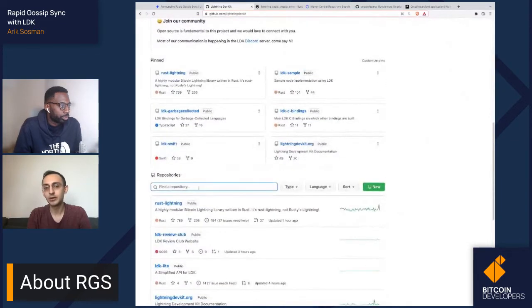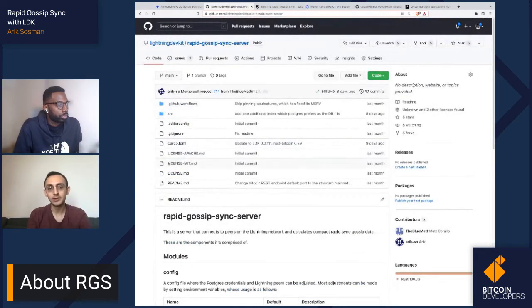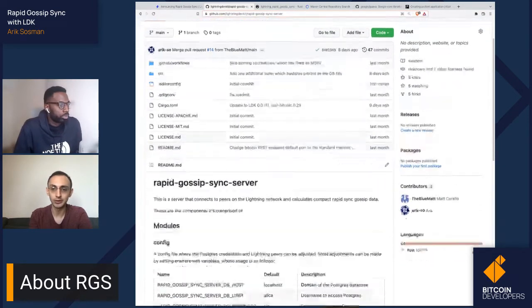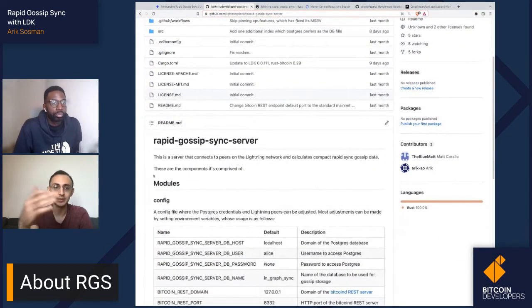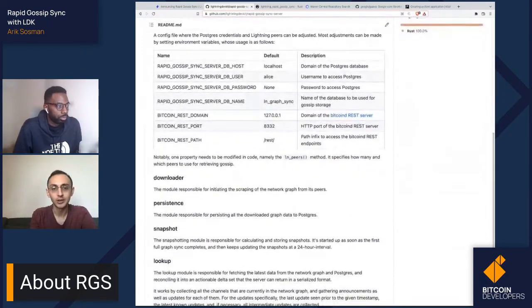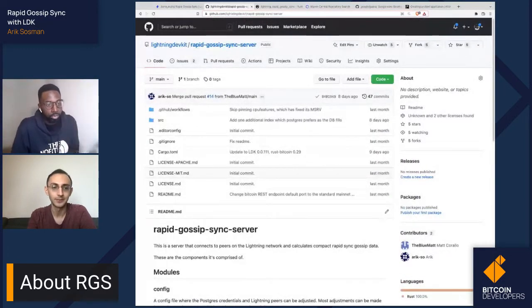We also run a server of our own if people just want to experiment with it. But the thing is, if you're building a mobile wallet, odds are that there are some components you're building that require a server where your apps are going to connect anyway. So if you're already doing some server work, you might as well run your own rapid gossip sync server. I think it's just better.